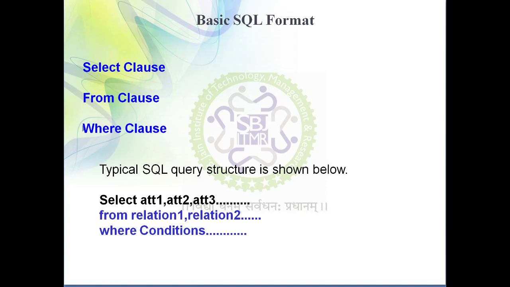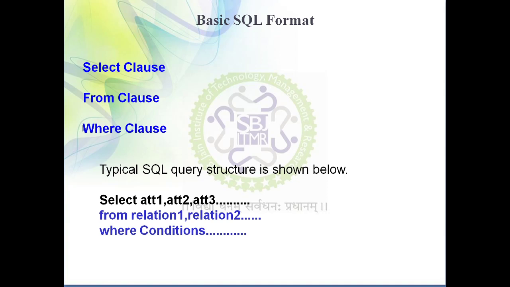Where clause allows us to specify the condition that we want to satisfy. Now what do we mean by condition? I will give a simple example. Suppose I want to fetch all the employees whose salary is greater than 20,000. So salary greater than 20,000 is a condition. That means I am interested only in the information of those employees whose salary is greater than 20,000. So by using the where clause, we can specify the condition. A condition can be single or it can be multiple.